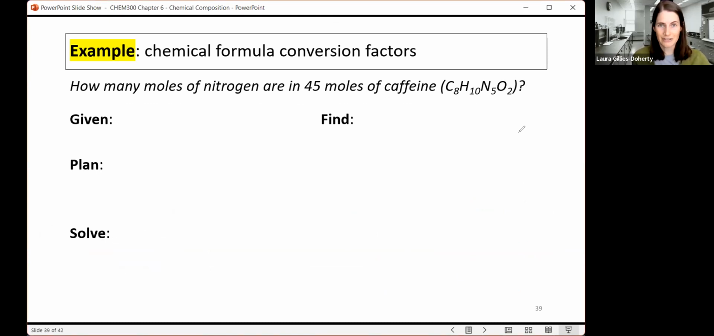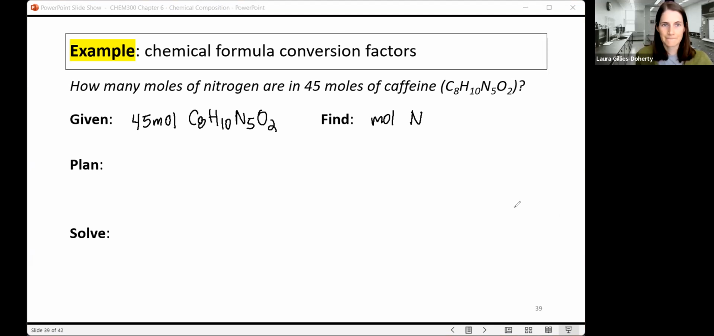So how many moles of nitrogen are in 45 moles of caffeine? And I give you the chemical formula for caffeine. So here we're given that we have 45 moles of C8H10N5O2, and we want to find moles of just nitrogen. So our plan is to go from moles of caffeine to moles of an element within caffeine, nitrogen,